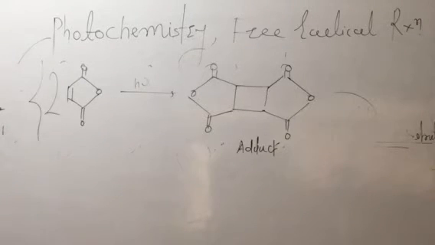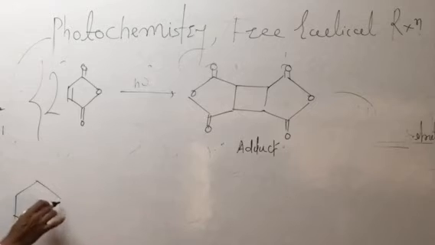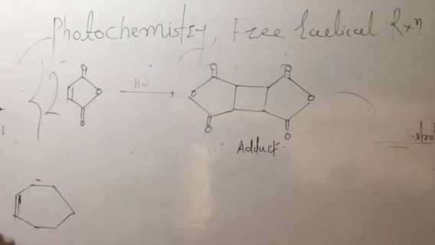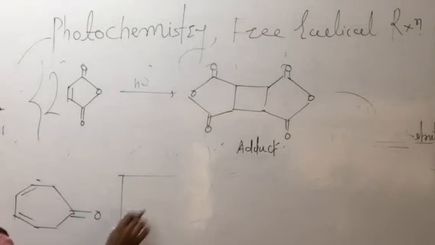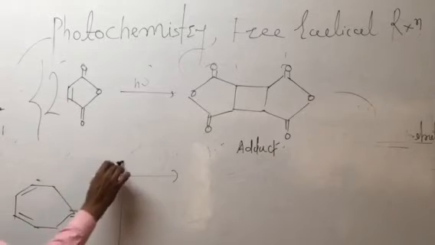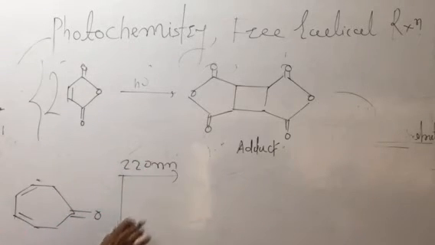A strained molecule is formed. Whenever you use strained molecules, for example, if the starting reactant molecule is a 7-membered reactant molecule, this 7-membered reactant has an unsaturated C double bond O. Whenever we use the radiation incident of sunlight, UV visible radiation, 220 nanometer, and